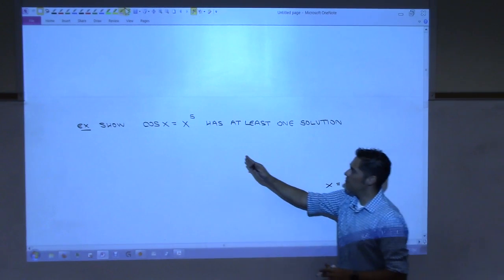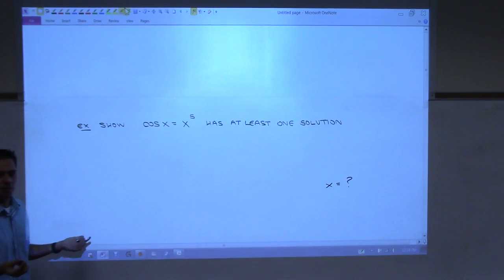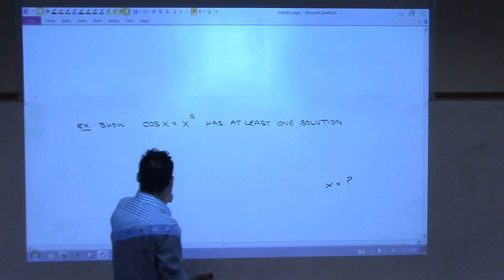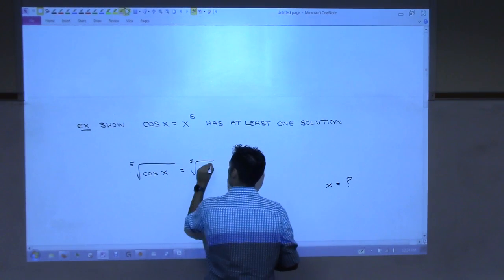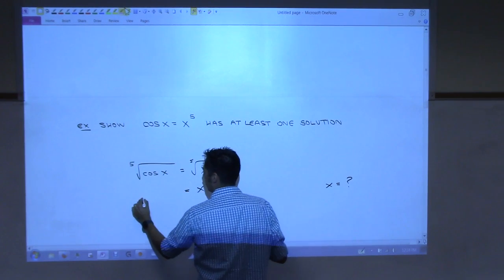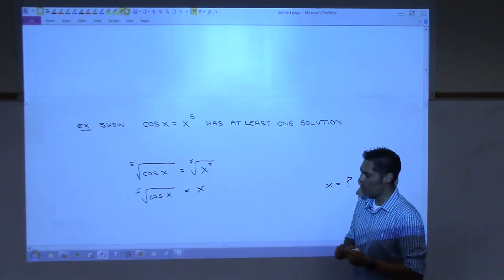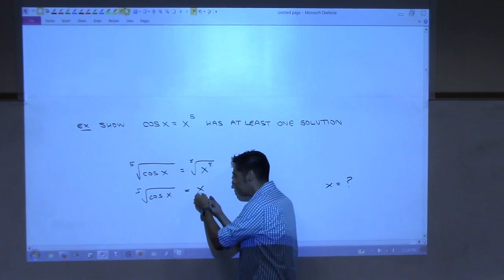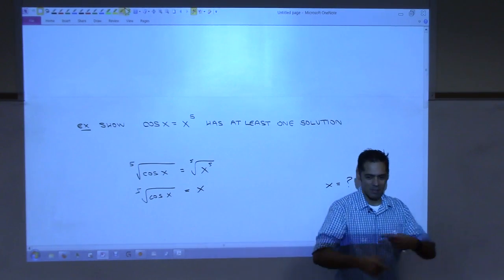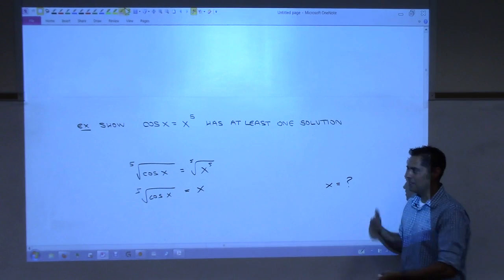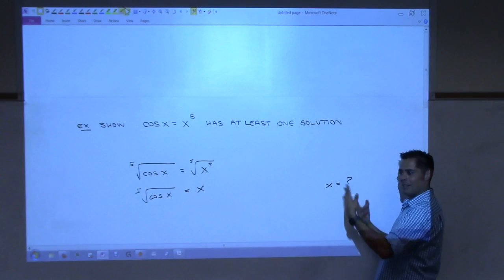On the right side, you have x by itself, don't you? So you might be like, oh, I can just take the 5th root of both sides and I'm done, right? Take the 5th root of cosine x, take the 5th root of x to the 5th, and you get x is equal to, well, the 5th root of cosine x. Have I solved for x? No, because in order to know what x is, I have to know what x is. So it's a circular argument, right? You're sitting there needing the information you're trying to find requires the information that you need, and you're never going